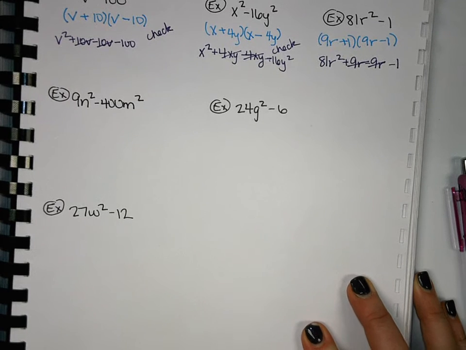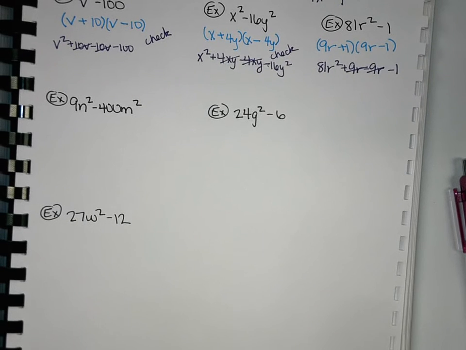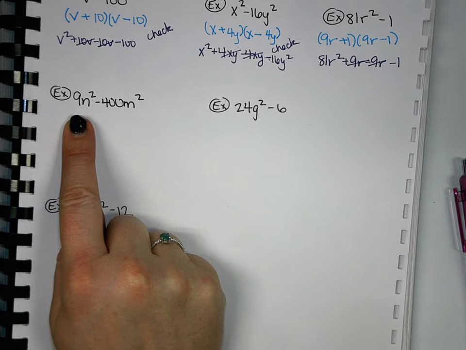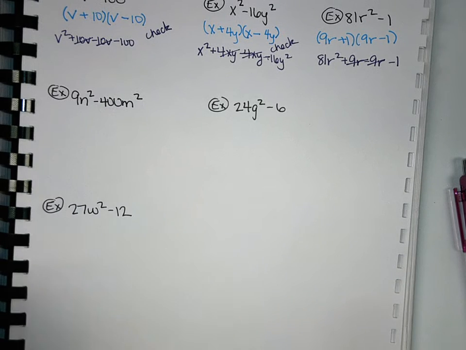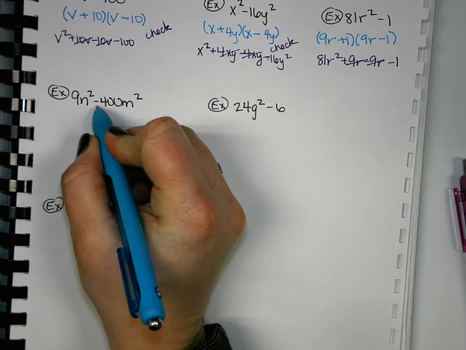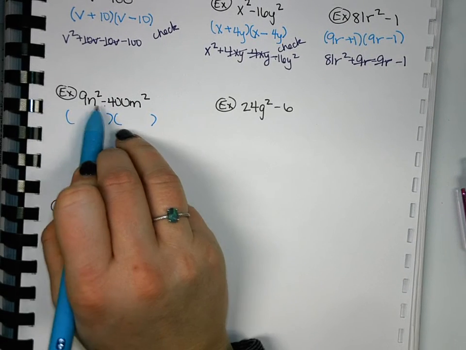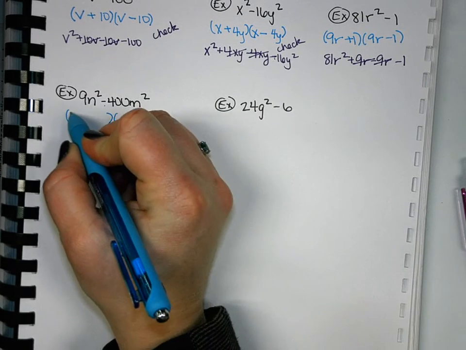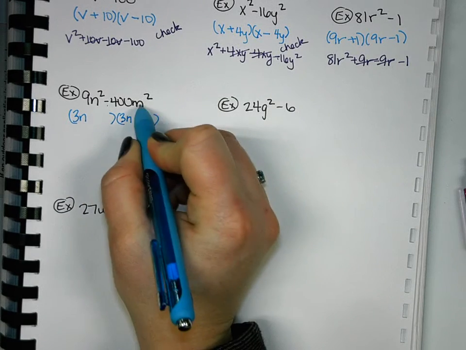So if we look at the 9n squared minus 400m squared, is 9n squared perfect? Is 400m squared perfect? What's the square root of 400? 20, good. And they're being subtracted, so that means we can take the square root of 9n squared. What would that be? 3n. And then the square root of 400m squared would be